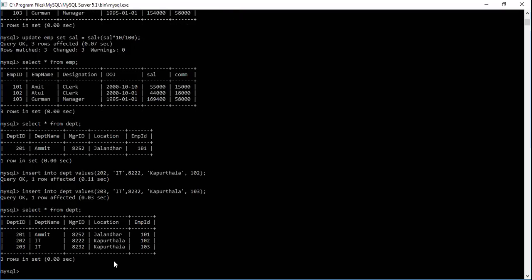See, in this table we have 3 records, and in EMP also we have 3 records. Now how will this match? Here EMP ID is common in both, right? So if we want to display the names of those employees whose location is Kapurthala, let's say, then for that